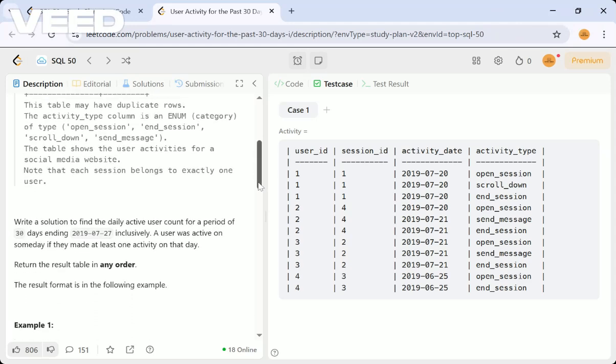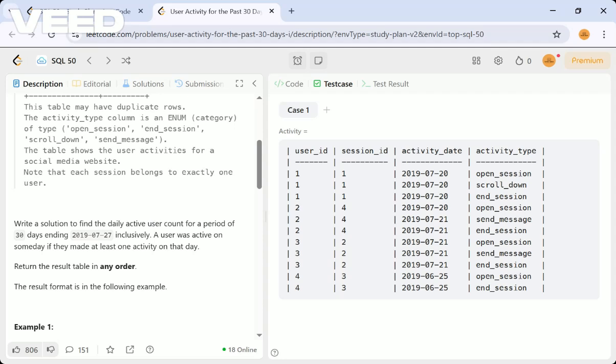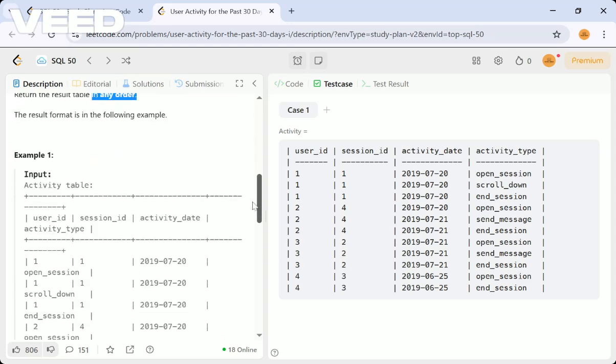So find the active users count for the period of 30 days, that is, the count of active users in the 30-day time span, and we have to exclude dates that do not fall within it. They are saying any order is fine, and the result should be in the following example format.